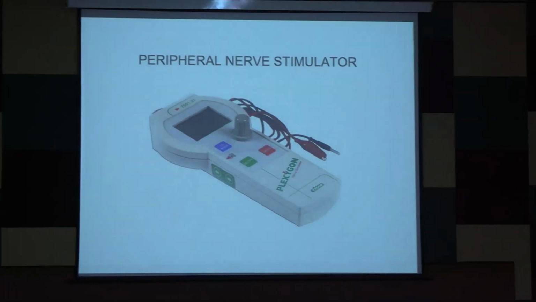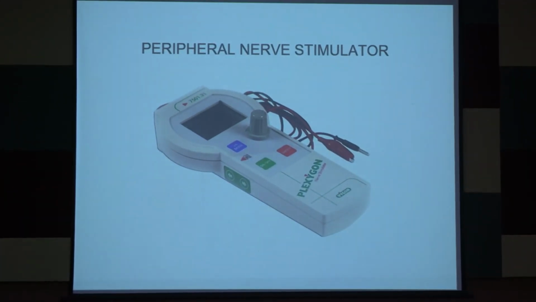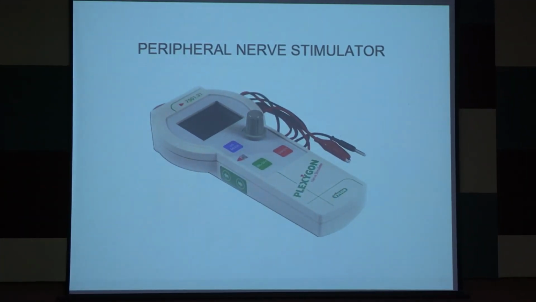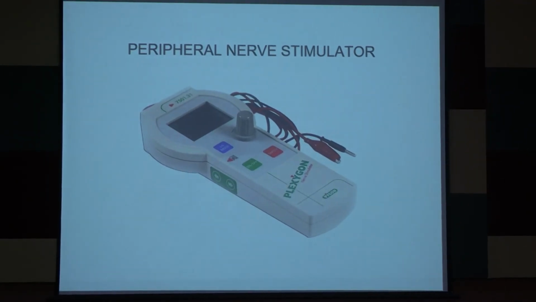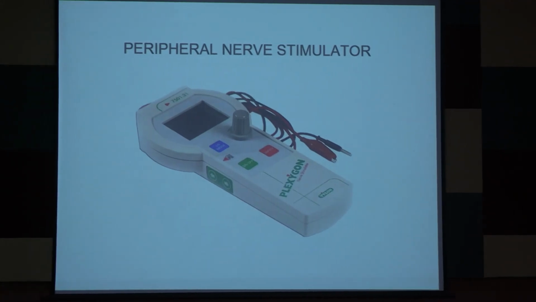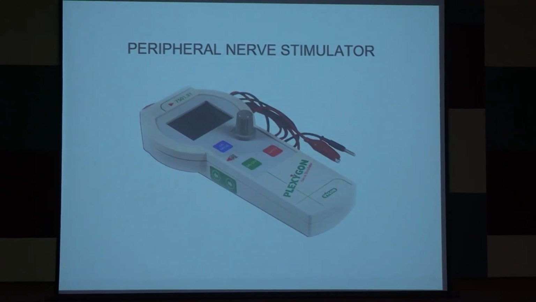So this is the peripheral nerve stimulator which we were talking about. The connections which you are seeing, all these are utilized to provide an adequate amount of current to the patient, so that we can see the muscle twitches once the brachial plexus or any nerve plexus is hit, right?